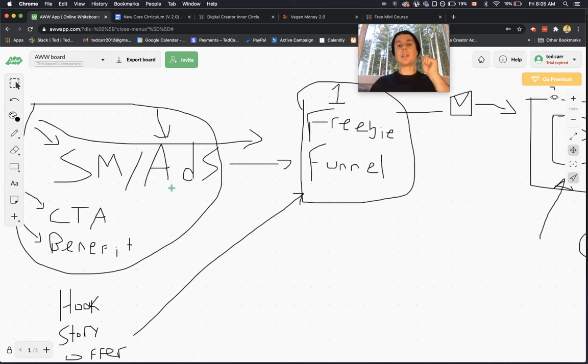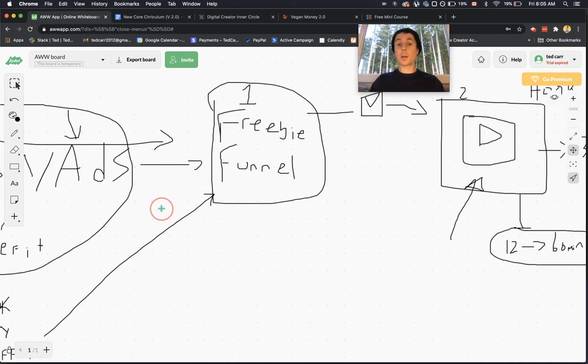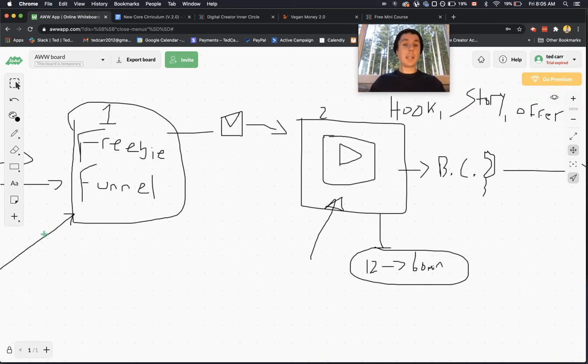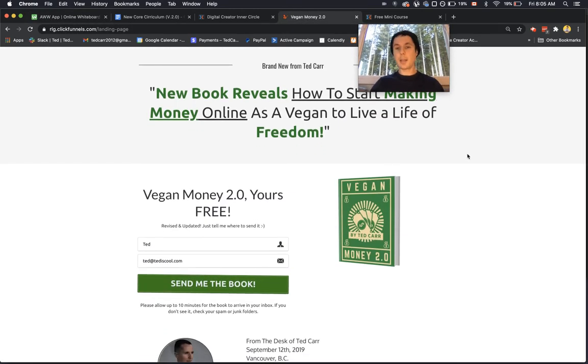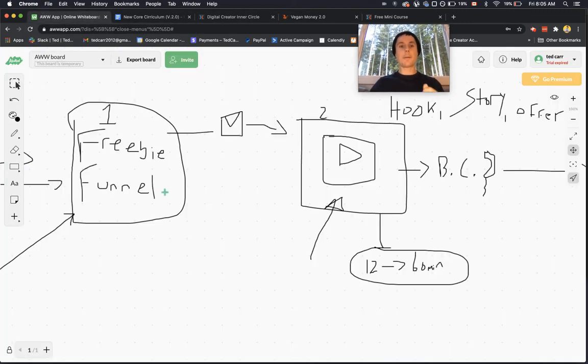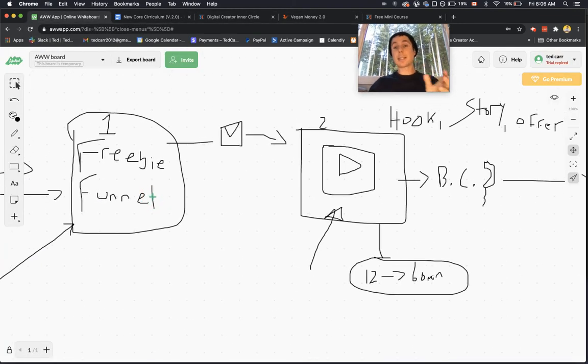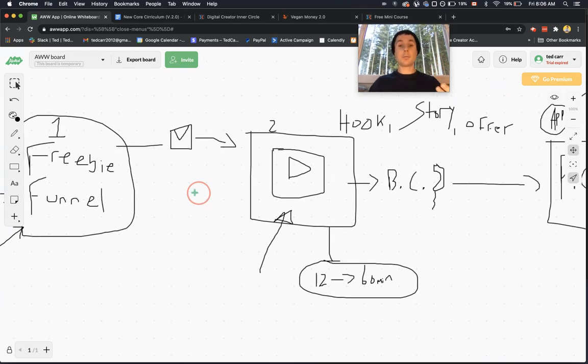Your ads need to be good enough to get the click. If they're getting clicks, it's working, great. Your freebie funnel doesn't need to look marvelous. Like look at this. That's not gorgeous by any means, but it works. And so that is what matters. It matters if it works. Does it get the email? If it gets the email, great.